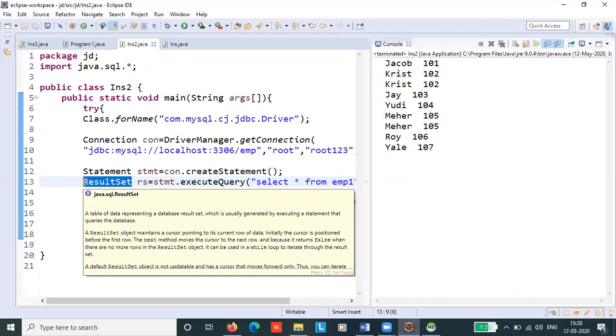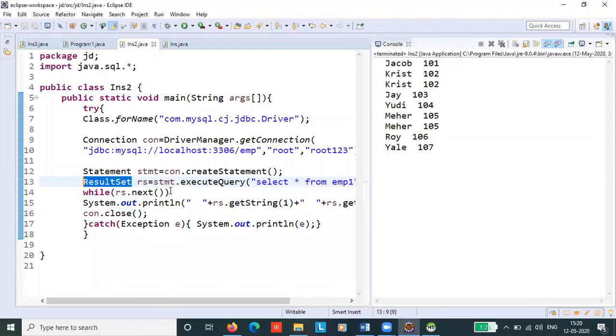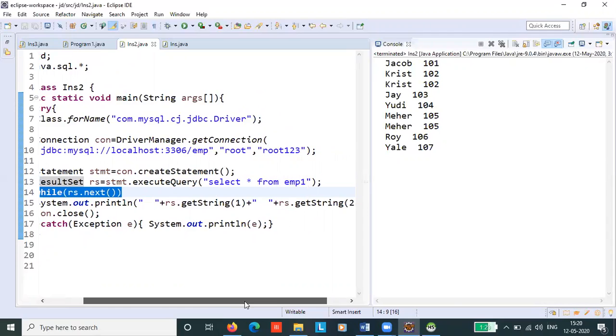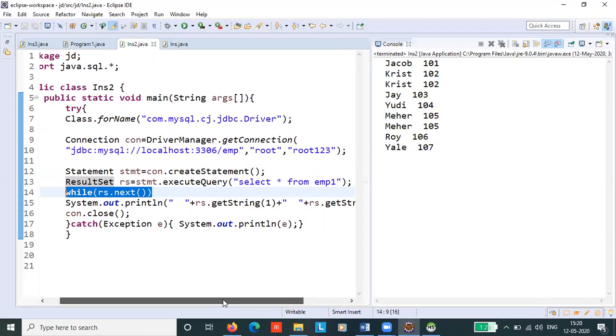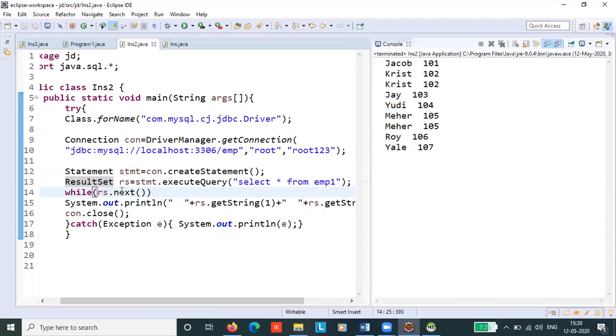Initially the cursor points to before the first row. So a ResultSet will provide you the cursor. By default, it will point to the row before your first entry. That is the reason we have to point it to the first row in the table. For that, we have to use the method next.